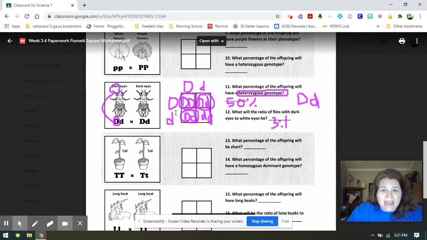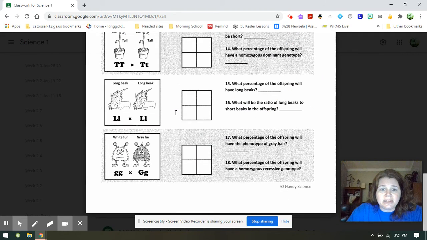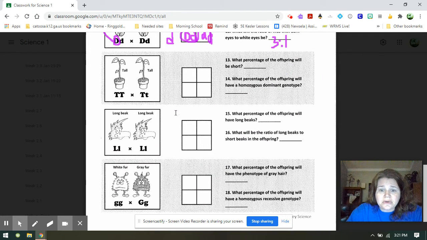You have 8 problems to complete. We've done 6 of them. So go ahead and finish this worksheet. If you have questions on this, message us. Send us a message and we will go through it. If we have to jump on a Google Meet on Wednesday and go over a few more, then we can definitely do that. Don't wait until you get back on Thursday to ask your questions, because then you're going to be behind. So ask your questions now